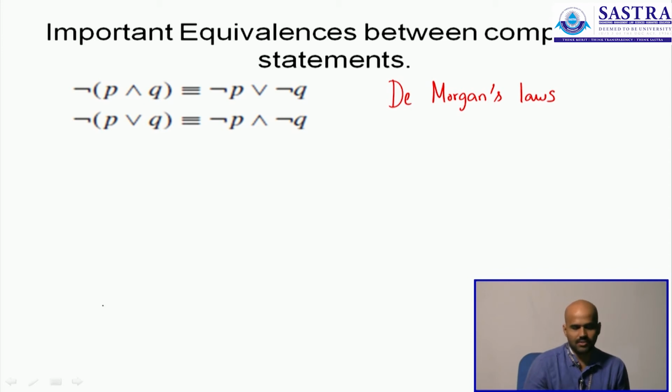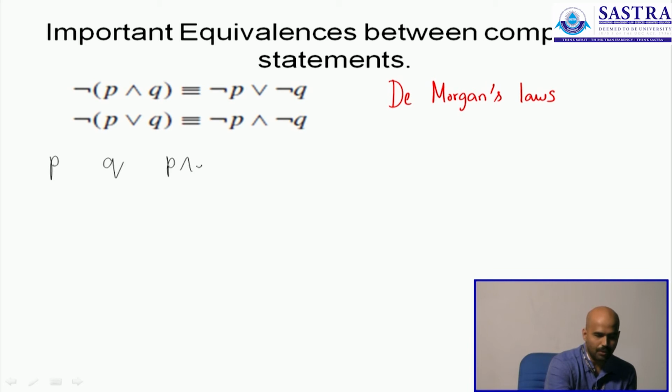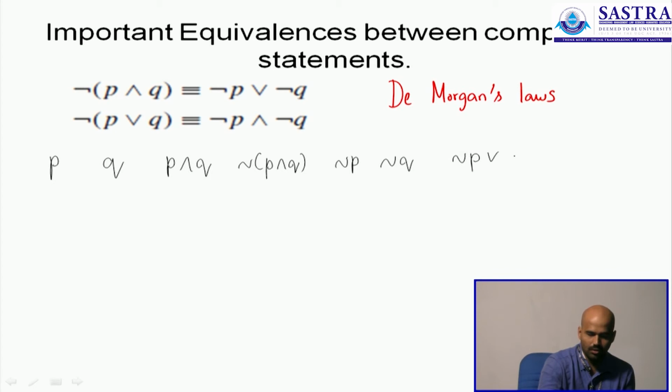Now let us verify this. This is pretty fun to verify. We will do this. We have P, we have Q, we have a conjunction between P and Q and a negation of the conjunction. We have negated P, we have negated Q, we have a disjunction between the two negated versions. We are trying to say columns 4 and 7 are equivalent, or in other words we must get a 100% match between the two. Let us check this out.